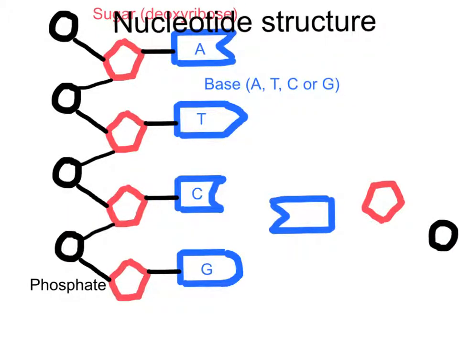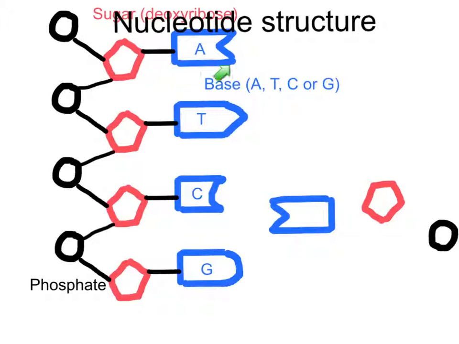So this is an enlarged version of what we were looking at previously, and what we can see now is that we have these alternate phosphate sugars that I was just talking about. So phosphates are these circle parts, and the sugar is the deoxyribose sugar. So phosphate, sugar, phosphate, sugar, phosphate, sugar, phosphate, sugar. Okay, the alternate phosphates and sugars are going to make up the backbone of the DNA, or the outside of the ladder, and